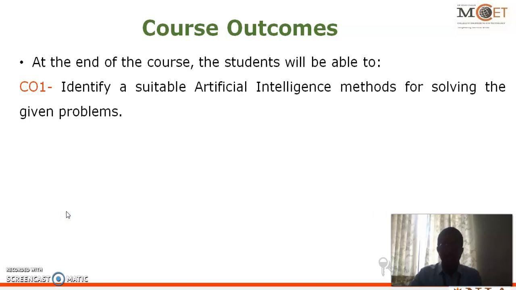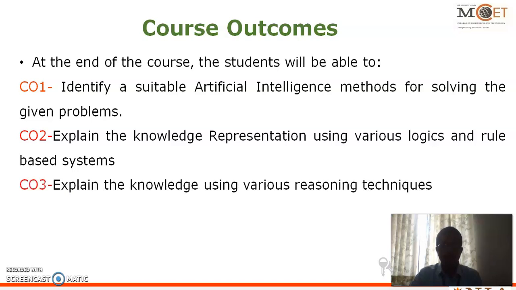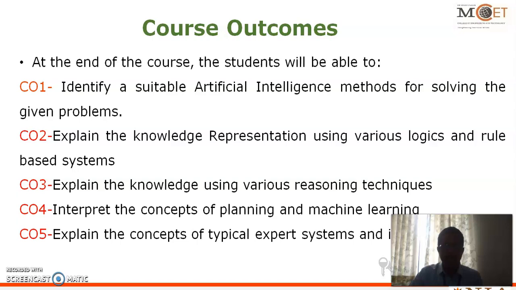So let us discuss the course outcomes. At the end of this course, the student will be able to: CO1, identify the suitable artificial intelligence methods for solving the given problems. CO2, explain the knowledge representation using various logics and rule-based systems. CO3, explain the knowledge using various reasoning techniques. CO4, interpret the concept of planning and machine learning. CO5, explain the concept of a typical expert system and its architectures. These are the course outcomes with respect to each of the units which are going to be discussed